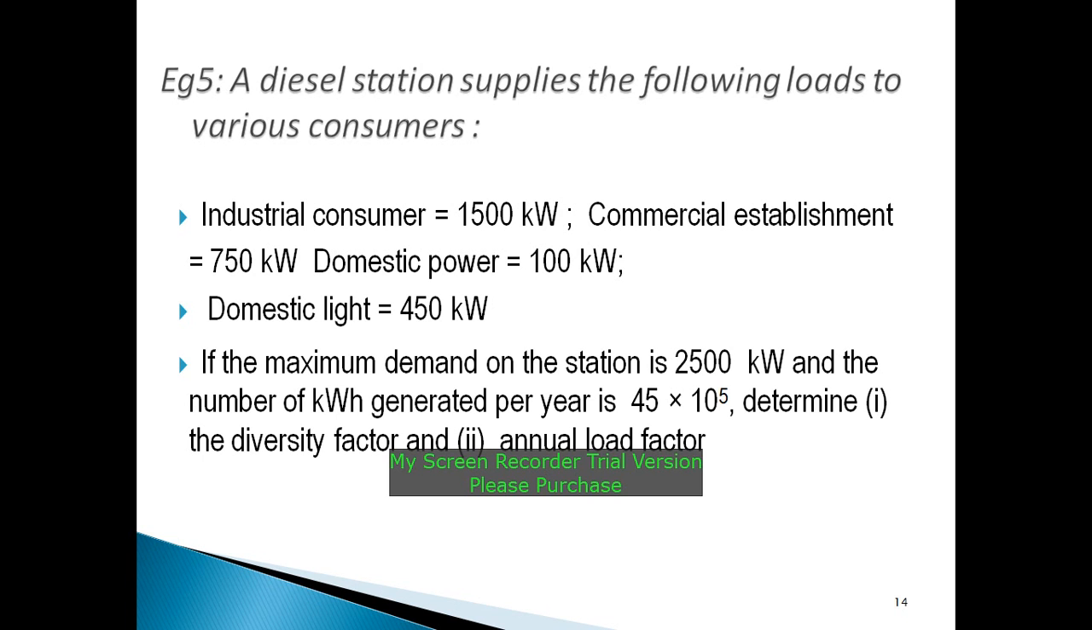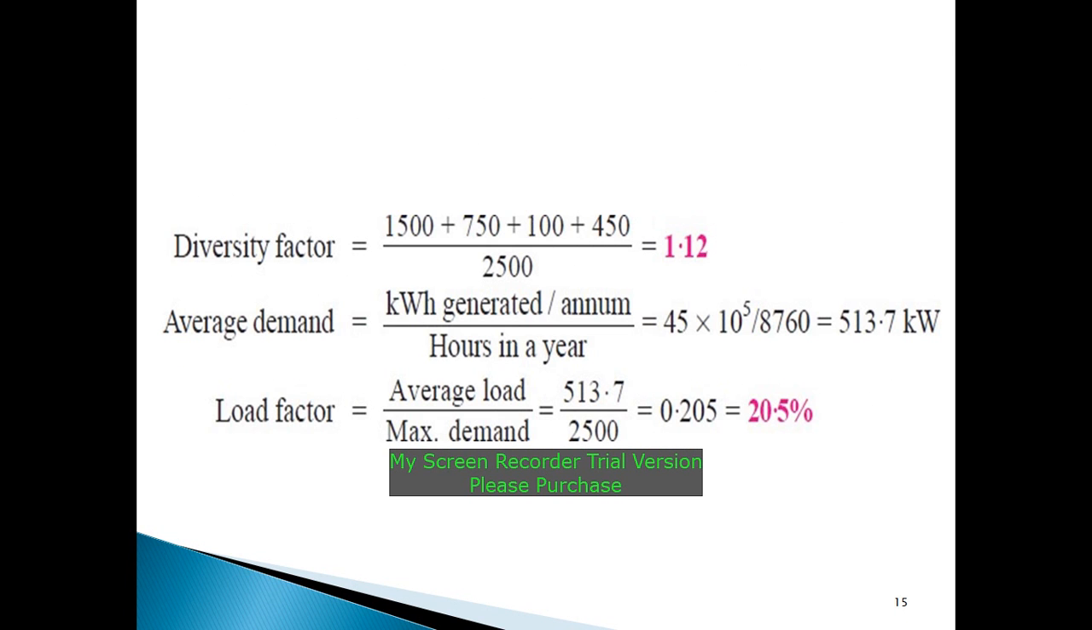And the number of units generated per year is also given. So from that we have to find out the diversity factor and the annual load factor. So diversity factor is nothing but the sum of individual maximum demands of the loads divided by the maximum demand